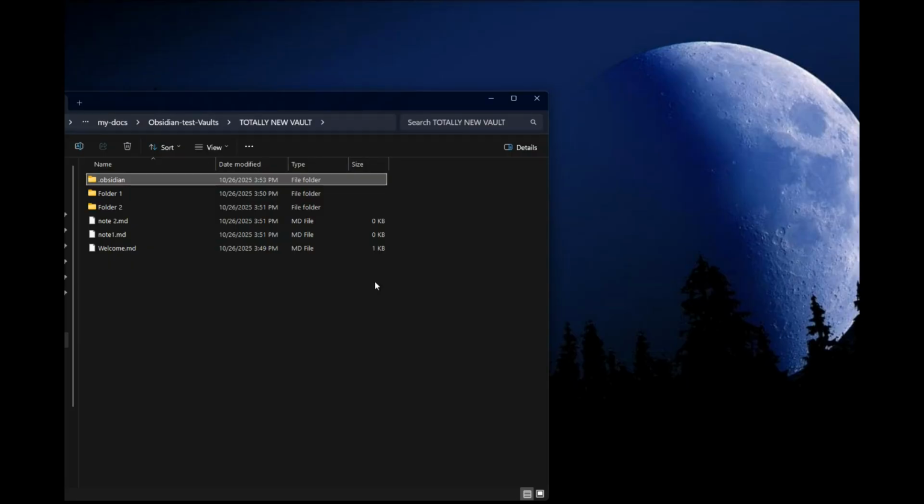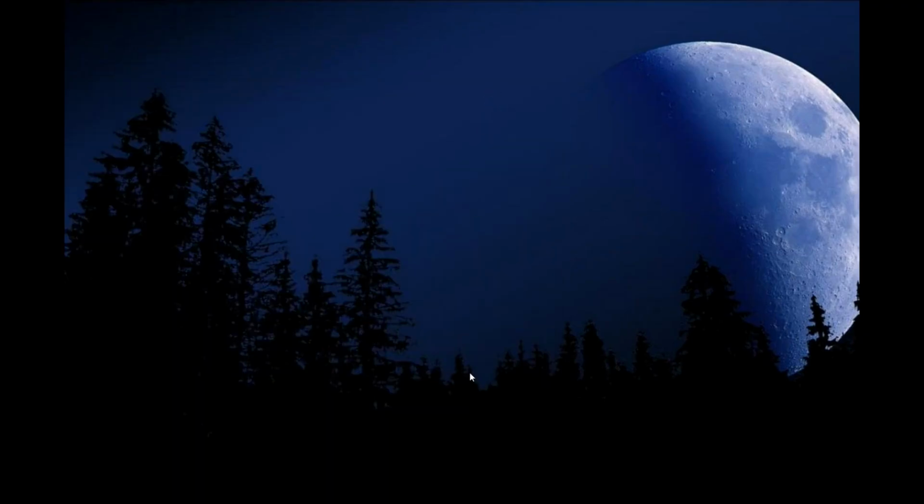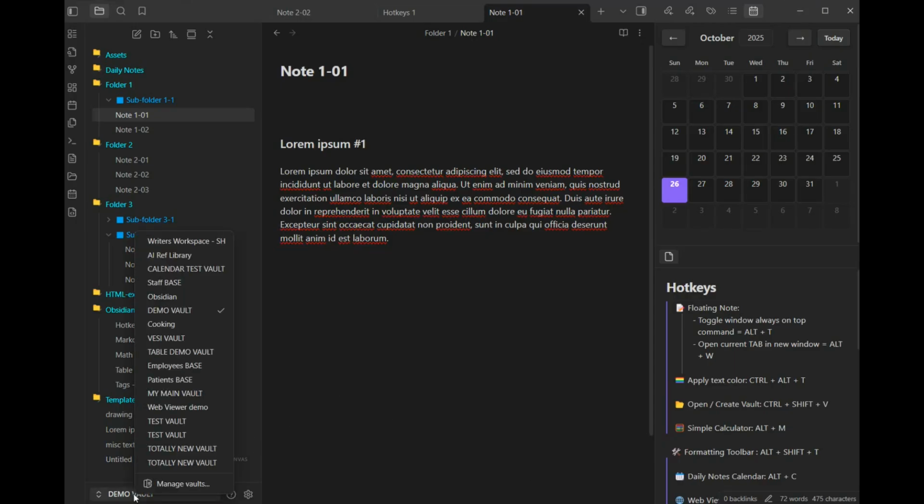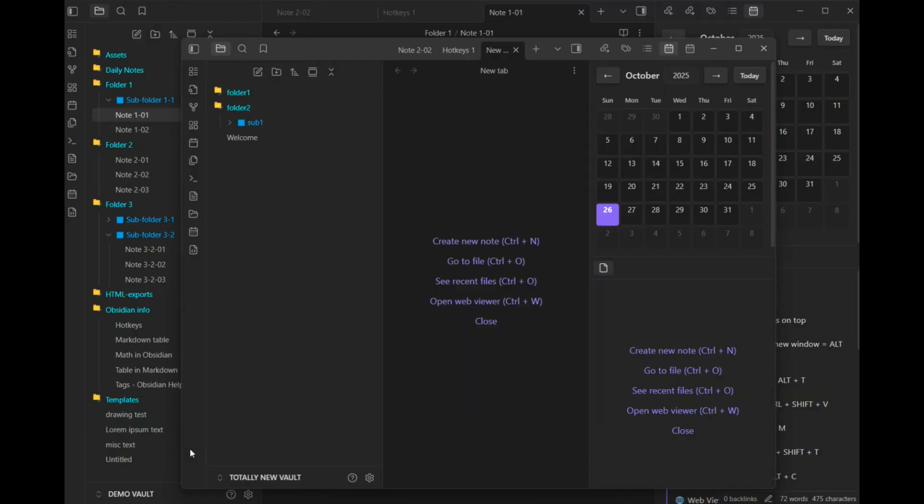Now, when I open the totally new vault, I should see that the folders in the file panel on the left have the colors, their names of different colors, and the folder icons with them. And I should have access to my calendar plugin. So let's take a look at that. I'm going into my Vault switcher in my demo vault, and I'm going to open the totally new vault from here. And we see